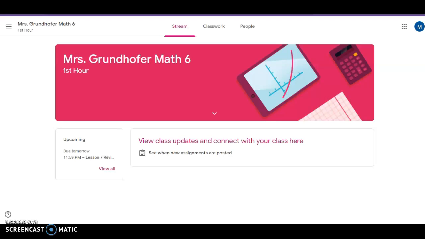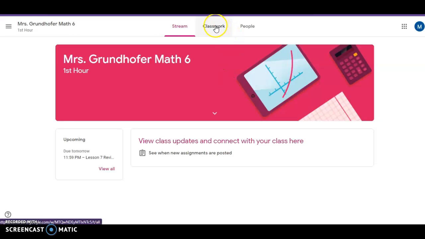Okay, now that you have your workbook all set up to do some pages, here's where you'll find the pages that are assigned for you to complete. You'll go to your Google Classroom. I'm bringing back the classroom page. And when you log in, you'll be directed to this first page, which has any streaming activities, which is not